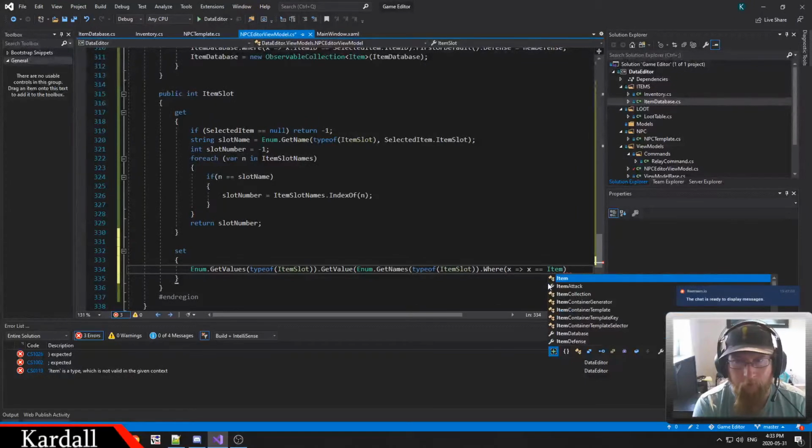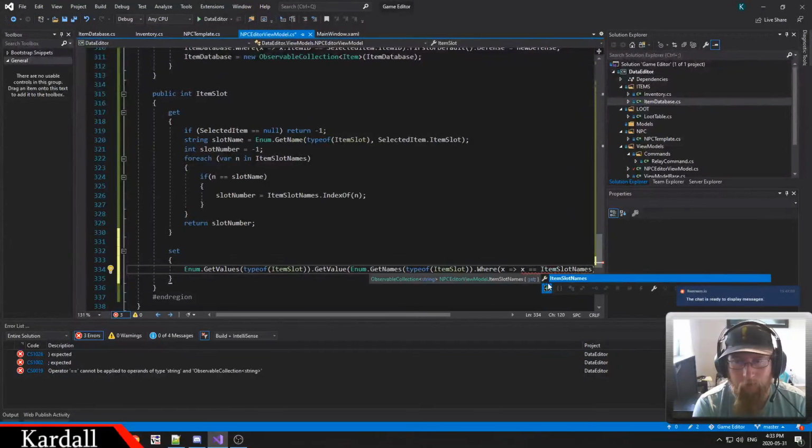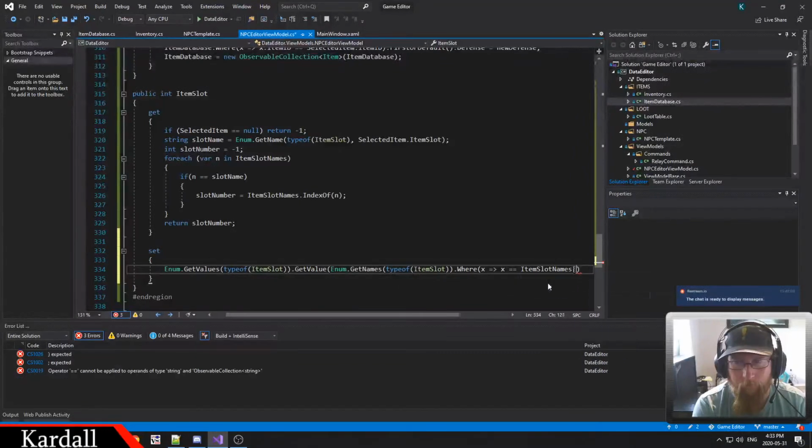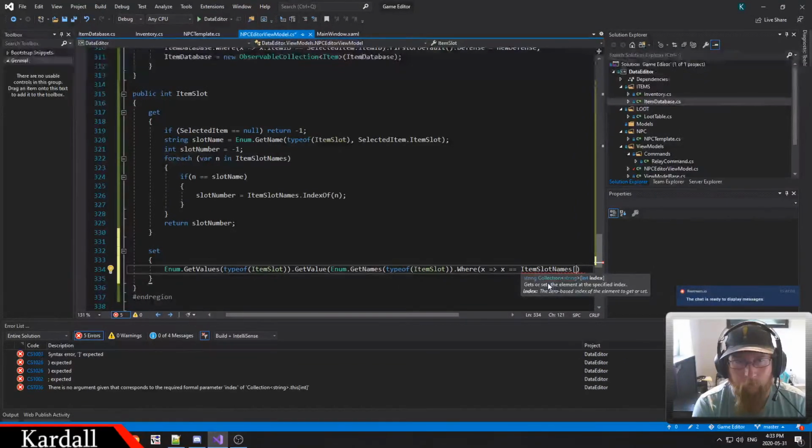I want the item slot names. The slot name is the name of the slot that has the